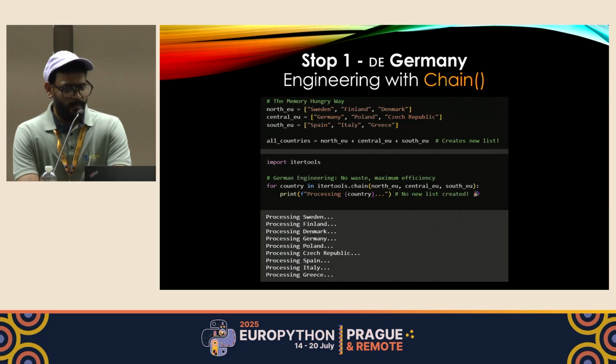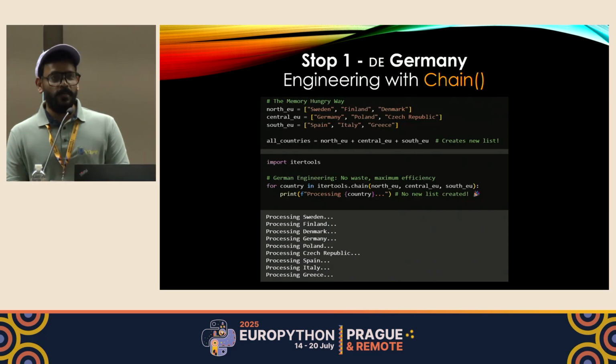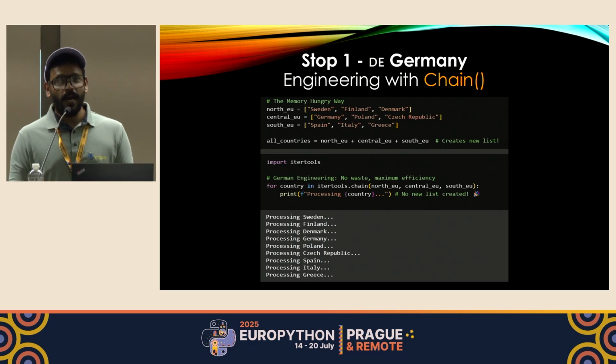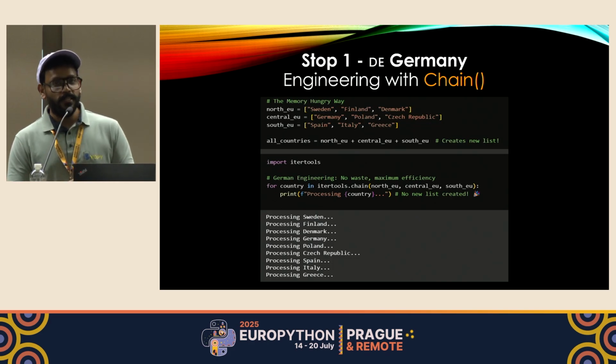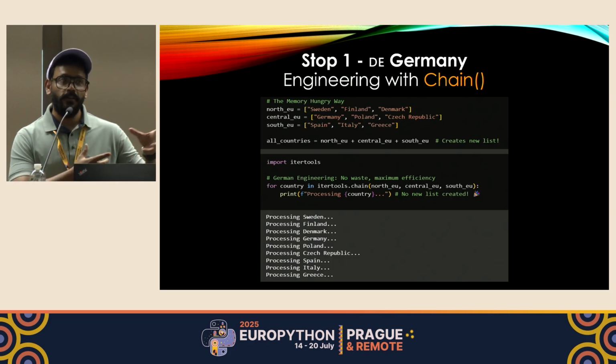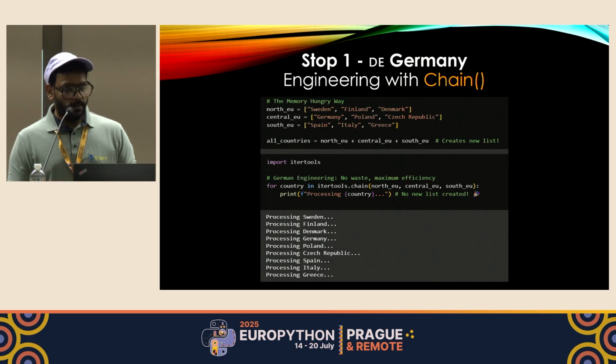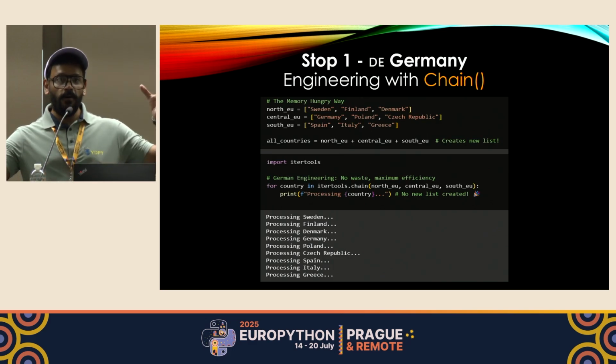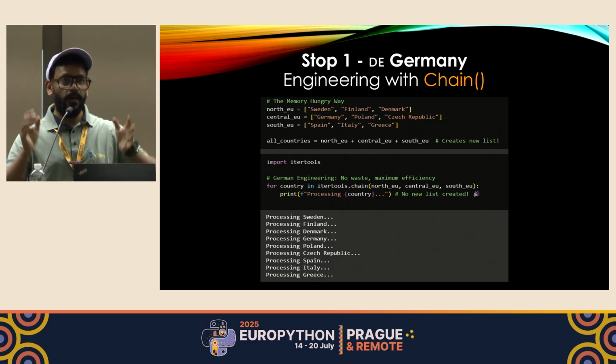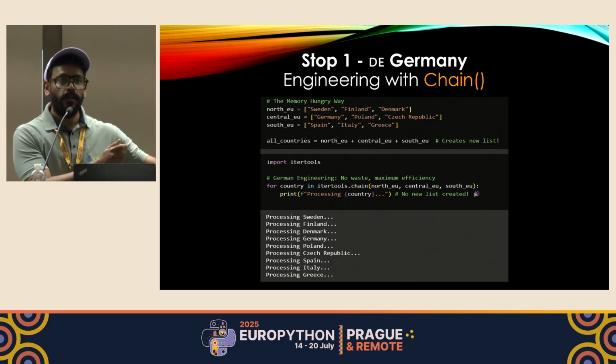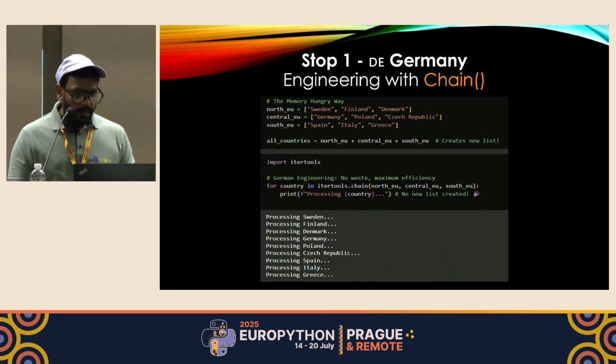Firstly, we landed in Germany, which is really famous for smart engineering. Here we met the itertools chain function. How many of you know about the chain function? Basically, the chain function takes a set of iterables and returns one iterable as an output. It takes all of the lists of your data and generates one output at a time. If you look at the example on the slide,